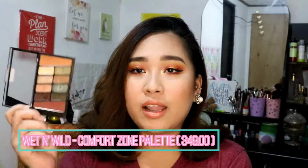This is the Comfort Zone 10-pan palette, and this is a very good find in the drugstore. This also is very affordable, much more affordable than the Rock Nudes by Maybelline, and it works so good. I'm planning to buy the Not a Basic Peach palette, and of course the other palette, the Rosé on Air. I'm planning to buy those two because it is so good. But if you want to have an affordable palette, go to Wet n Wild. I think this is just